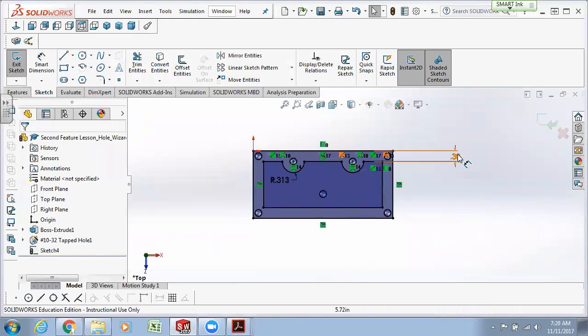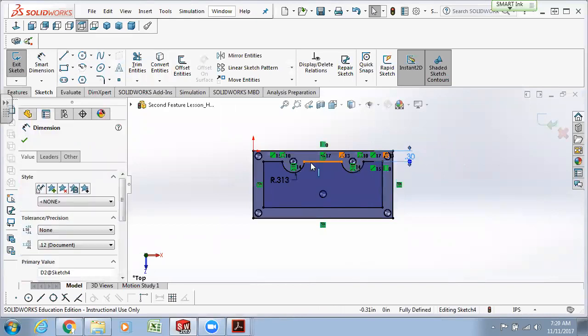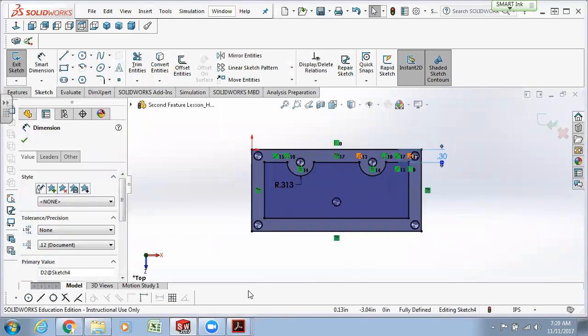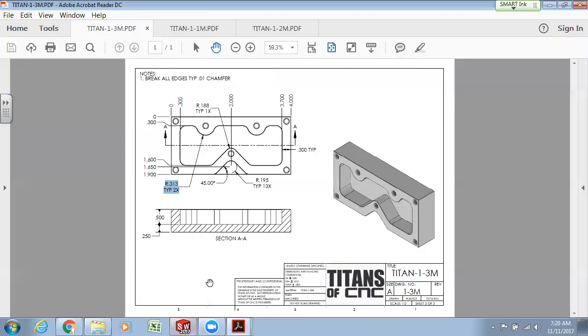Escape gets you out of that. I'm going to move my dimension in a little bit. All right, so looking at the drawing, what are we missing here? Well, we've got a bunch of fillets, and I think we'll save those to do a little bit differently anyways. But we've got these curves here that